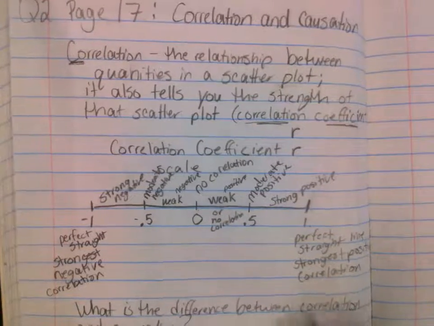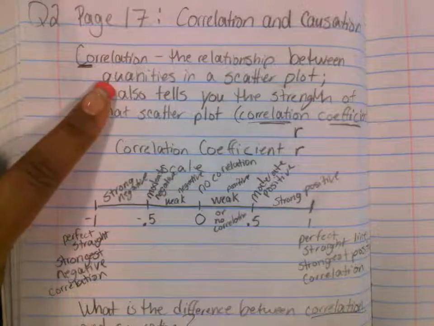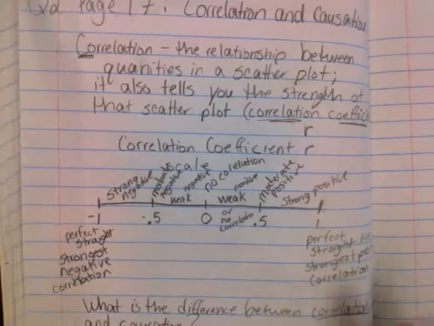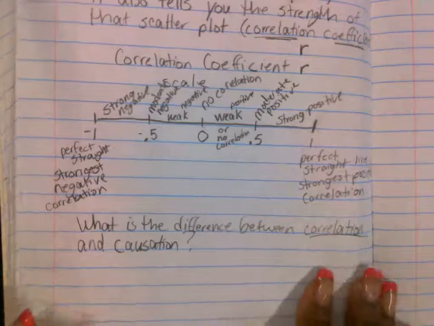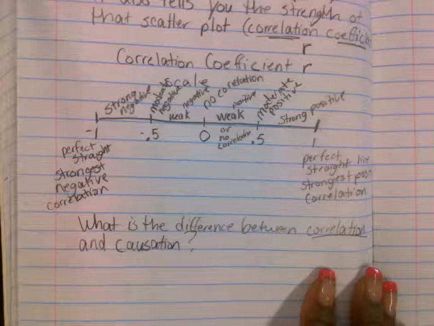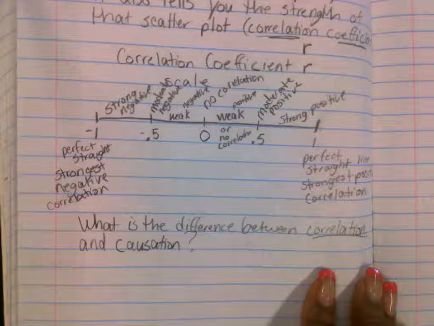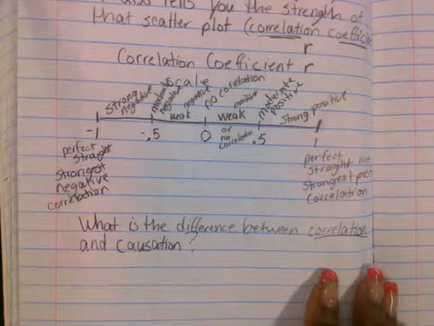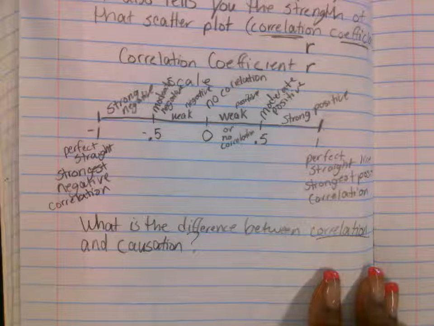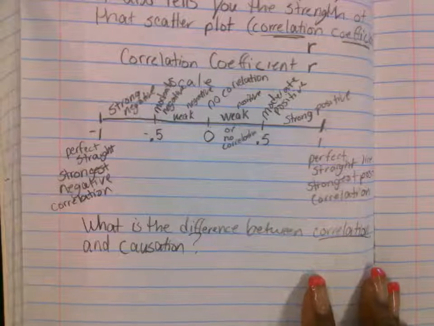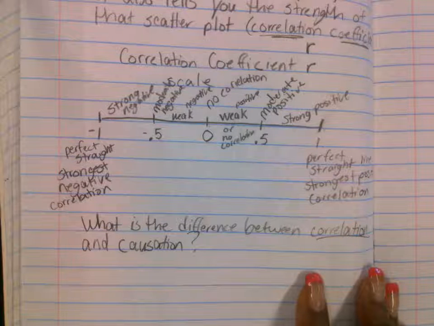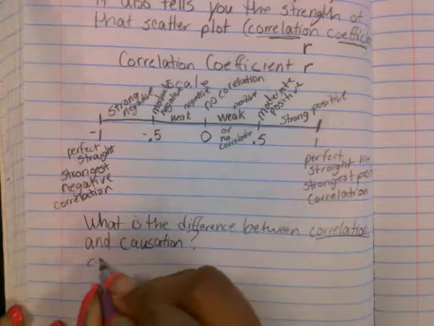All right. Correlation is a relationship between two quantities. They are related to each other. Causation is a cause and effect. That means one of the quantities directly causes the other quantity to happen. They're directly related to each other. Not just the correlation, but they're related to each other. It directly affects the other variable. All right? So causation,